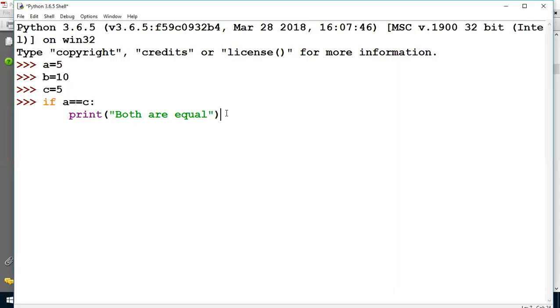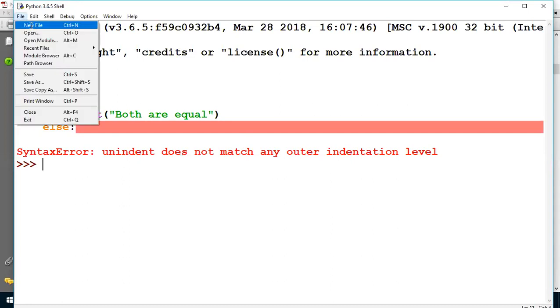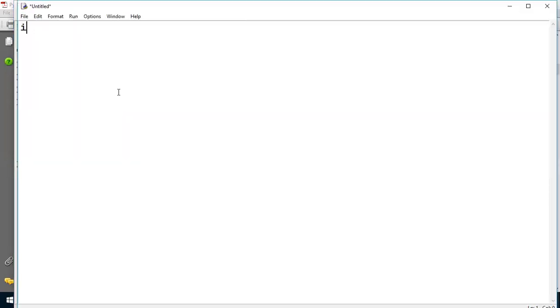Now say this, both are equal, then else. Wait a minute, I want to make this program here. a equals 5, b equals 10, and c equals 5.